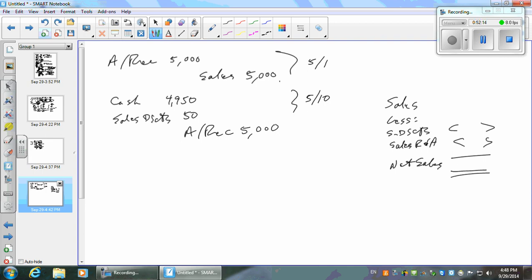Purchase discounts work the same way. It'd be purchases less your purchase discounts less your purchase returns and allowances. That's it. Okay? So that's what you'd do if it was May 10th. But what if,